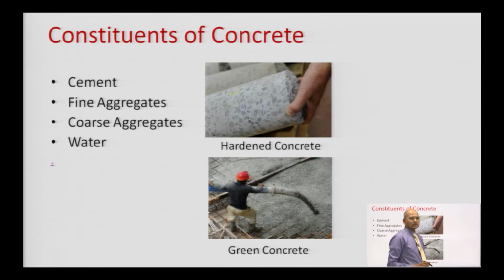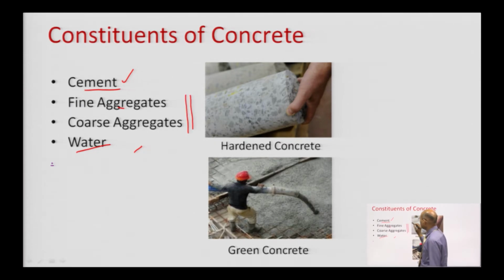So, what are the constituents of concrete? Basic material that I have already discussed. So, you need a binding material and inert material. The binding material here is cement and water. If you mix cement and water, it will make a paste. This paste will bind the inert material. These two materials, fine aggregate and coarse aggregate, are inert material, and after setting it will become like a natural stone.